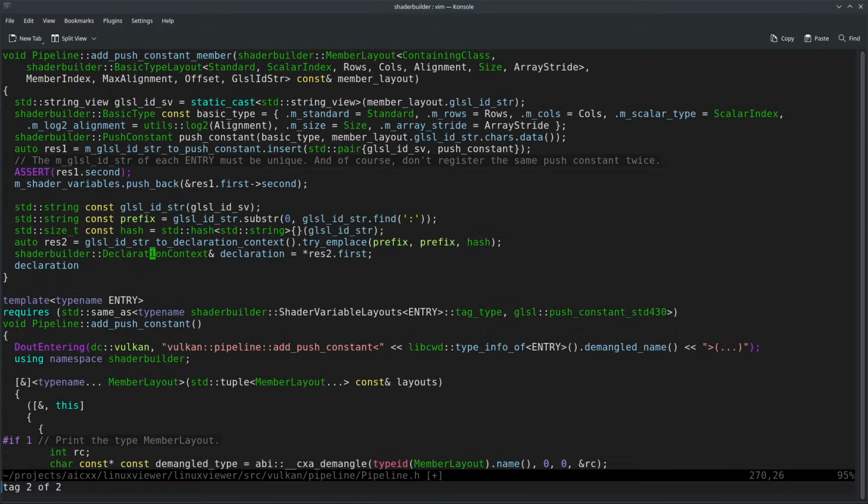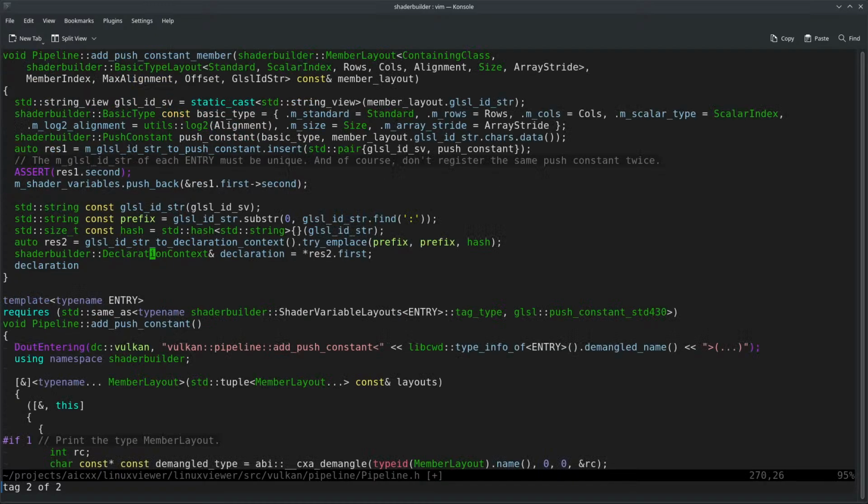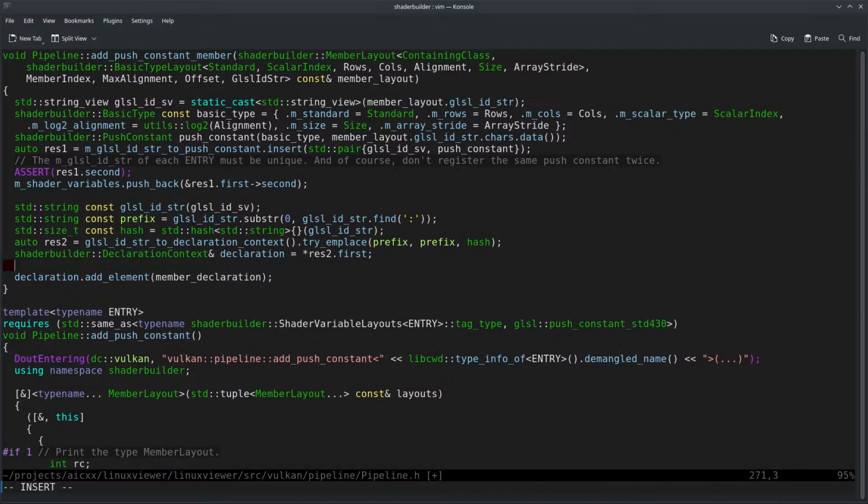Okay, so what do I want then? I can just do add element. Add element is a string. Okay, why not? So declaration, add element, and then a string. Member declaration. It is a string,